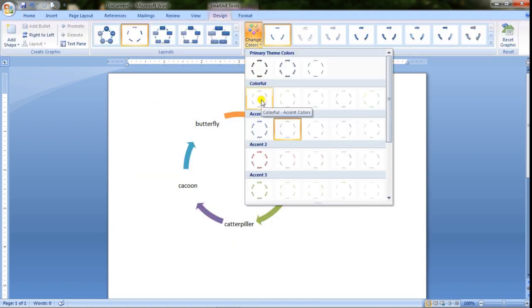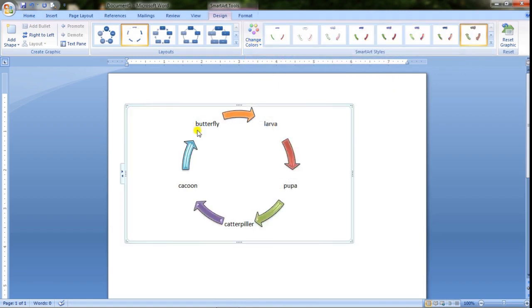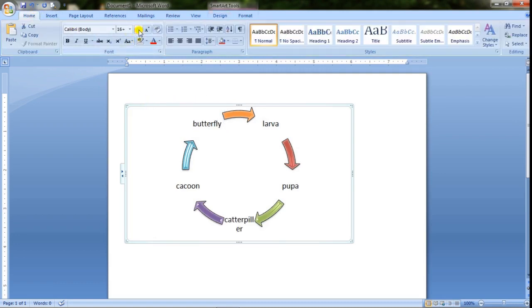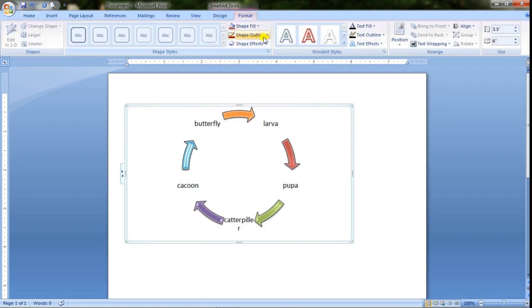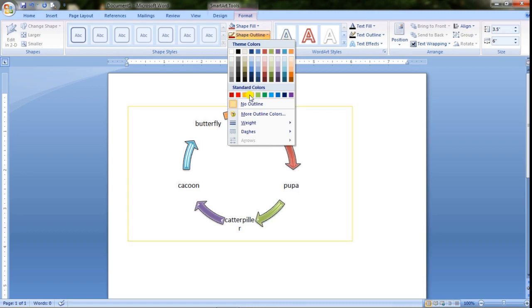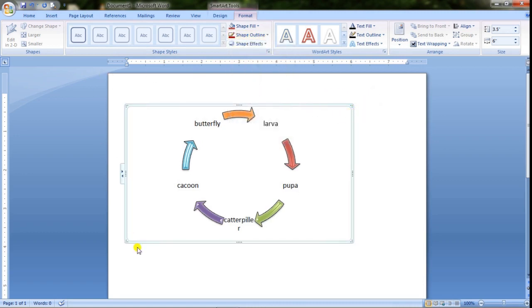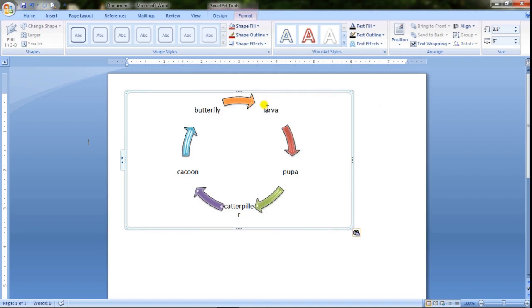So you can change color. Okay, you can change format, you can change color, you want it the way you like. You can increase the size, the same way. See, I'm increasing the size. Okay, I'm decreasing the size, the same way. So there are many things which can be done over here. All the options are the same. Shape fill, shape outline, these are the things you can do. This is the entire shape. The shape outline will be this shape's outline. So these are the options you can insert into your document to make it more